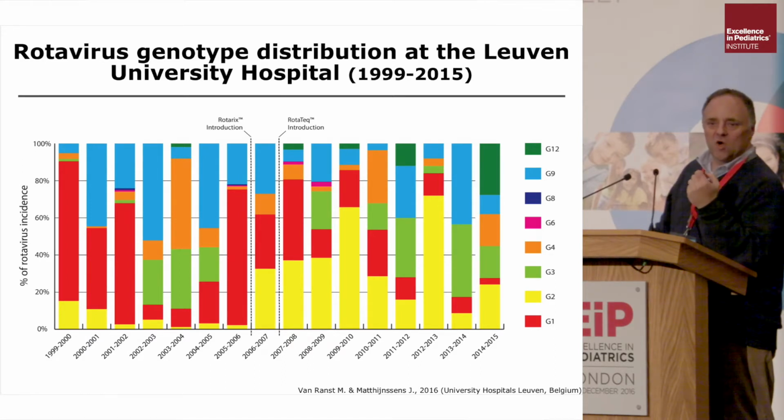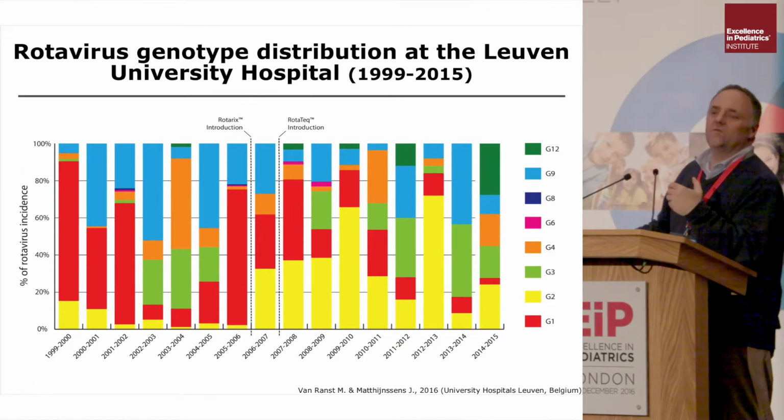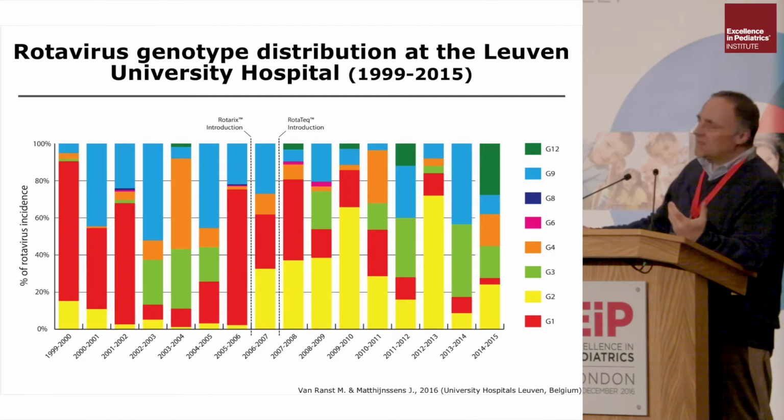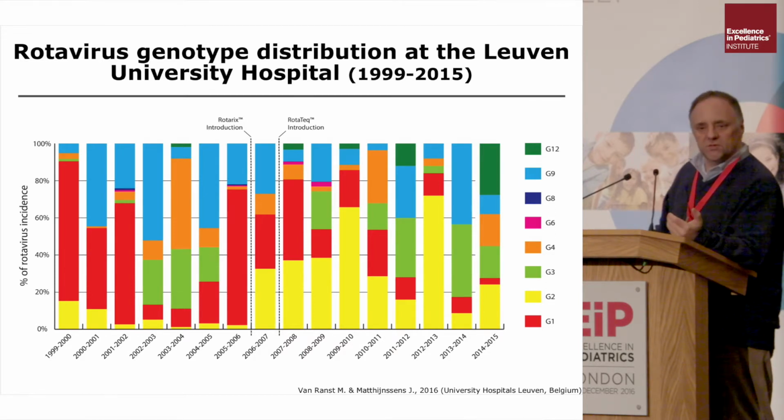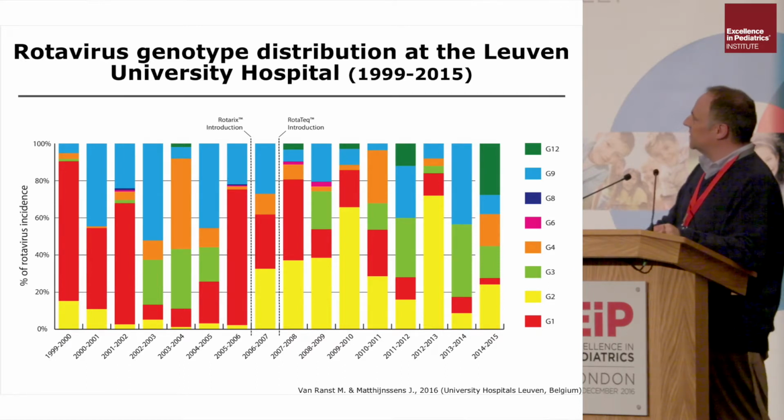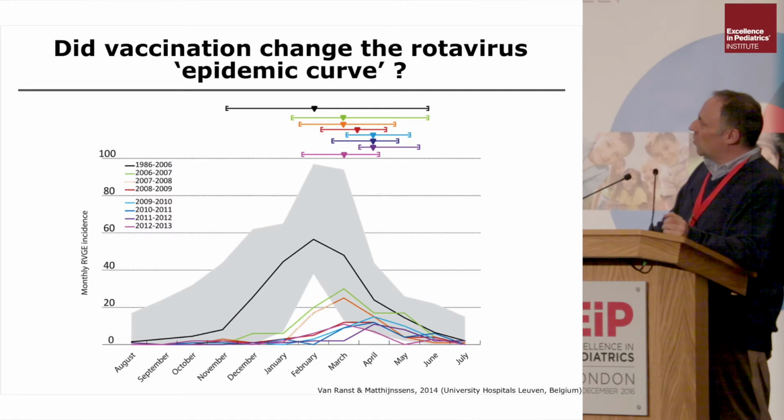There were a lot of cases of rota in the past. There are few cases now. But of the few cases that are here, yes, a little bit more will be G2P4. We think this is due to the vaccine. We're not completely sure, but this is what we're going with. What is very obvious is that the